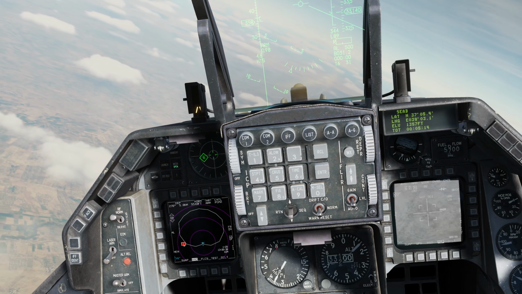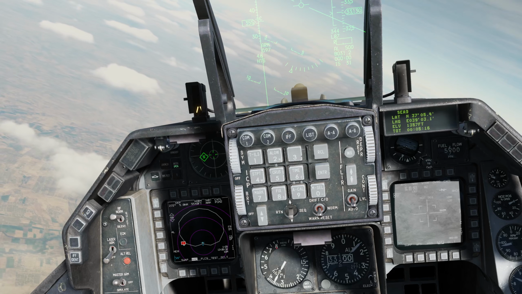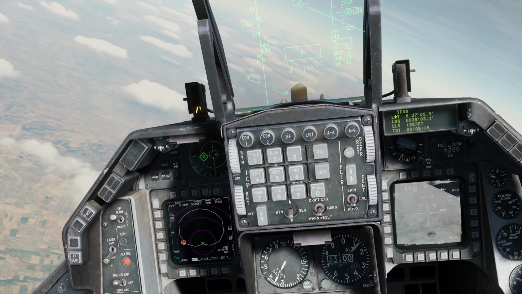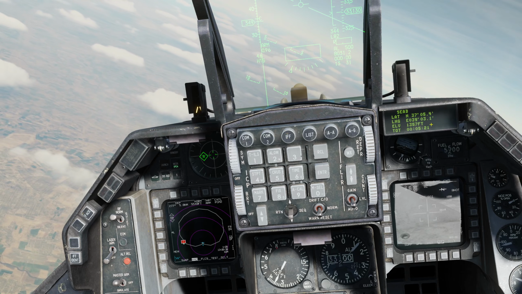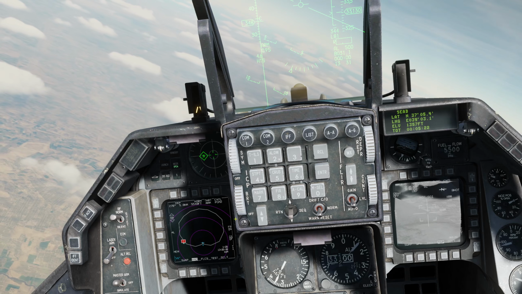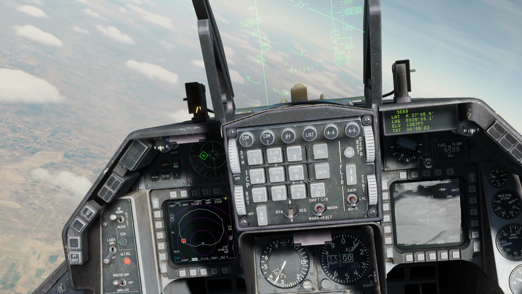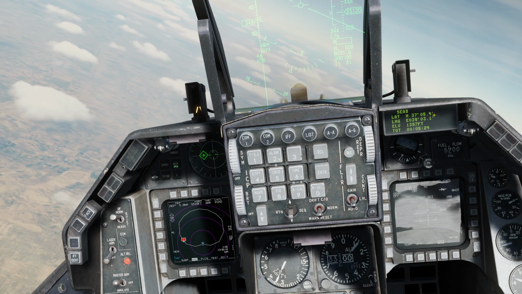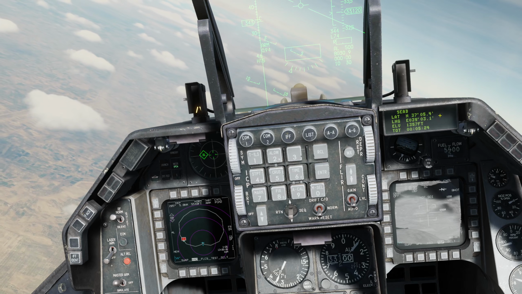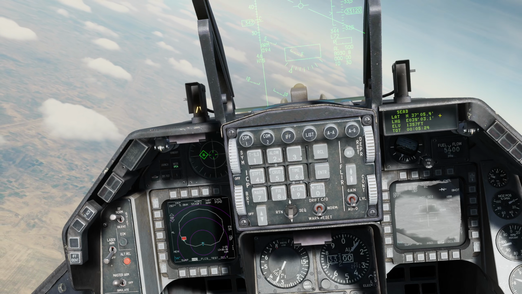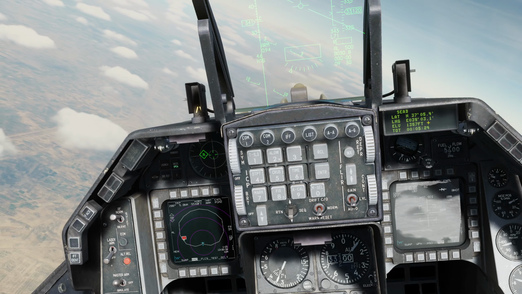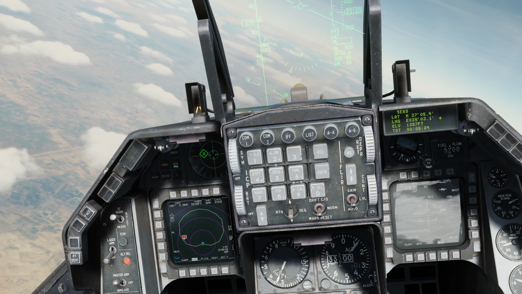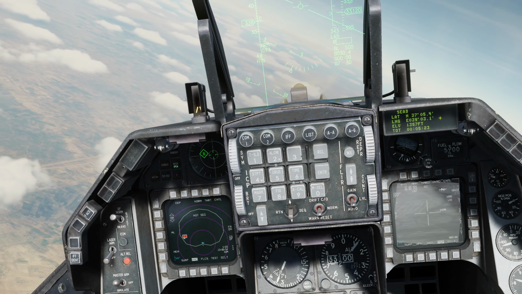sorry, TMS left, oh dear. Yes, if I press TMS left, I immediately get the SEED page up on my DED, and that will give the lat, long, and elevation of that site as generated by the HTS. So obviously the better the quality of the target, the more accurate these coordinates will be. But the great thing is, if we now wanted to follow up, say I wanted to send in a couple of Harriers with cluster munitions, I can now tell them these target locations, and they'll be able to go and attack that. And now, if I make my TGP sensor of interest,